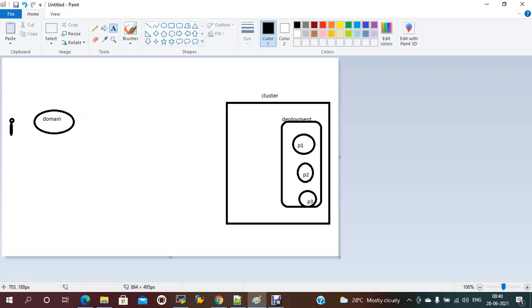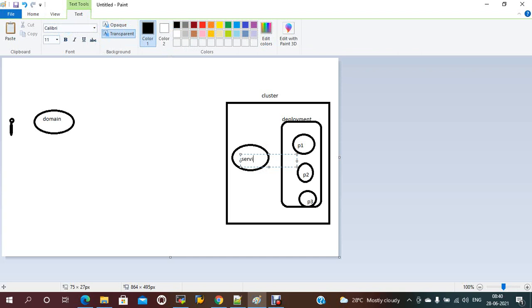To access your deployments, we need a service. To access your application, we need a service. So we need to write the service file to access it from outside. We have to write the service object, the service files.